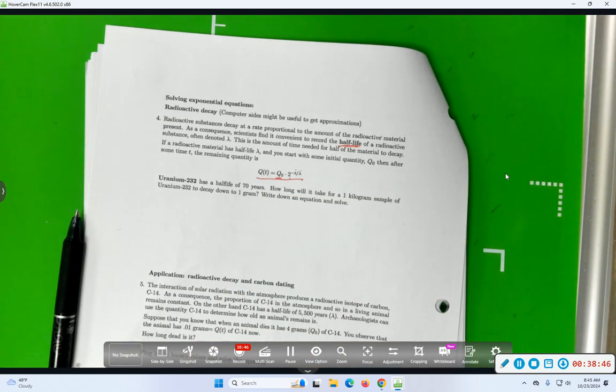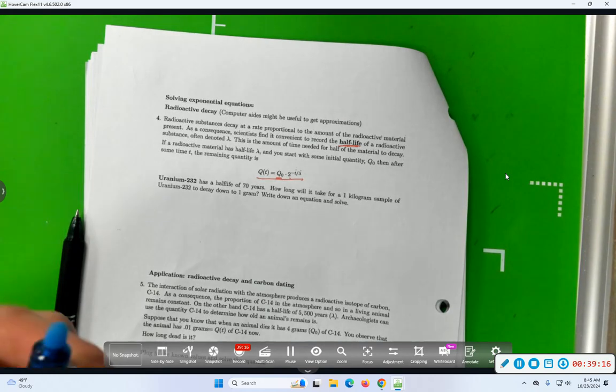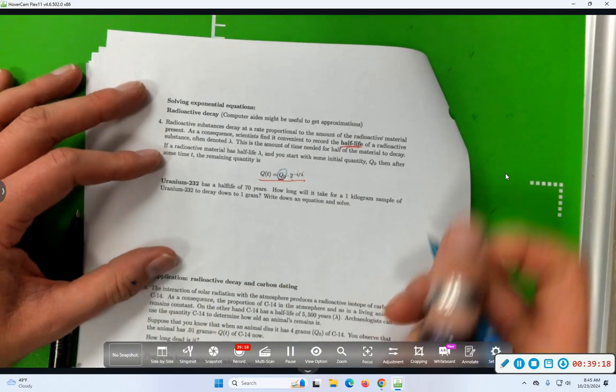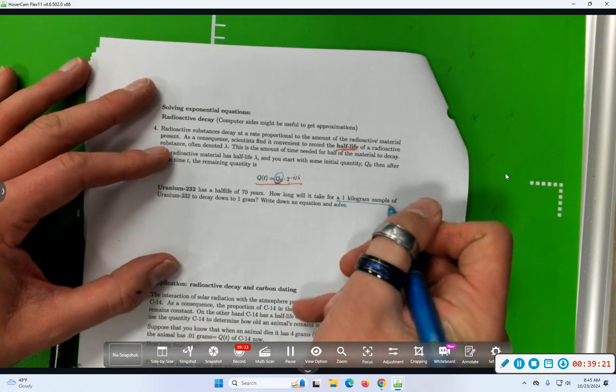So let's see, how long will it take? That tells me that I want to solve for t. I want to know what time. So I want to solve for t. I guess that means all the other things should be known already. What's the initial quantity of this radioactive substance? How much of it do I start with? 1 kilogram? And I've got the colors, so I may as well use them. Q0 is 1 kilogram